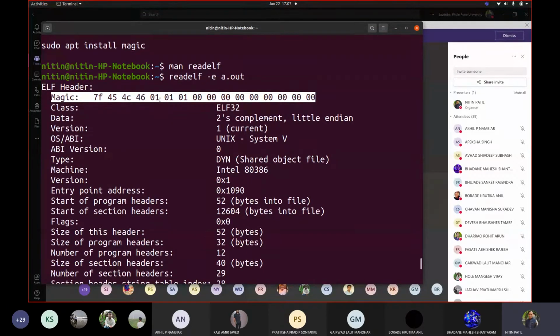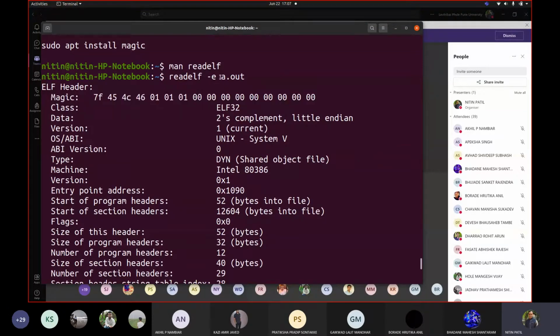So if I have to get this magic number for a.out, I definitely can get this. What exactly the file command is doing is verifying or opening this file, whatever file you give as an input. It tries to check the first part of it, and every file would contain that part, like a header.